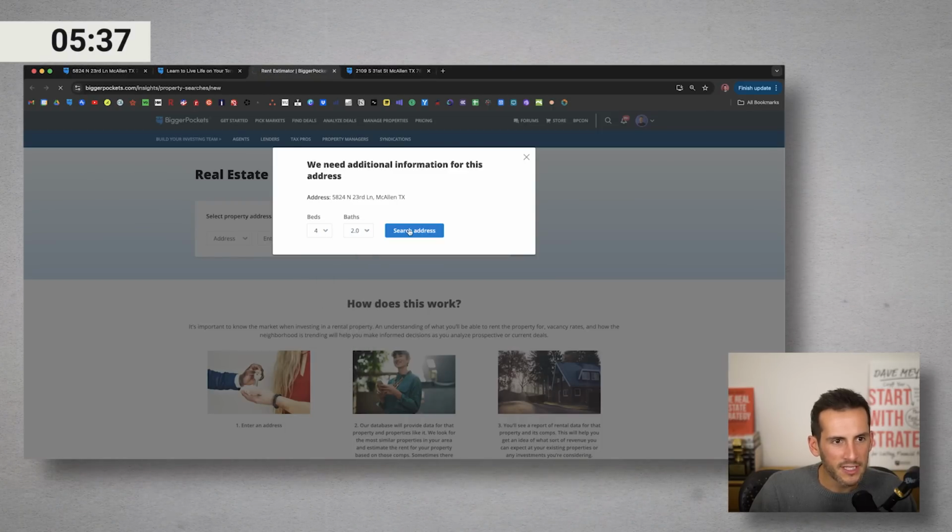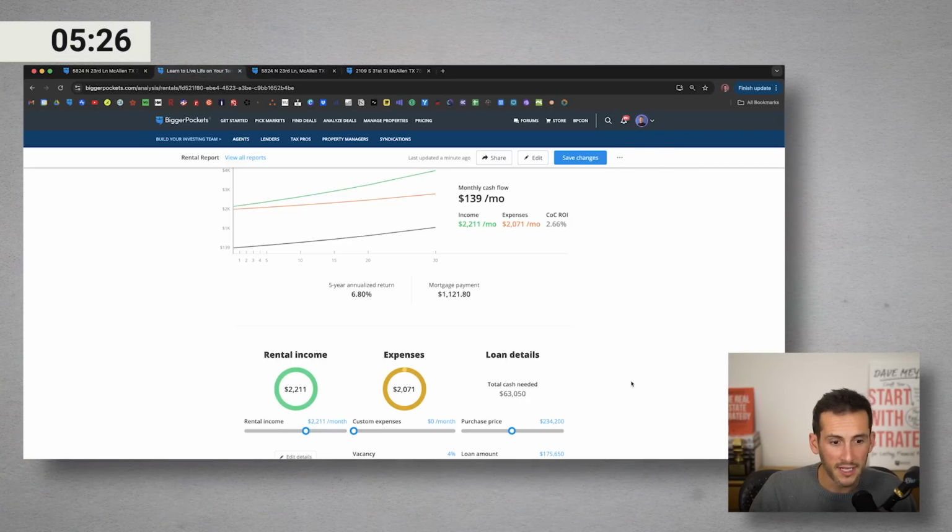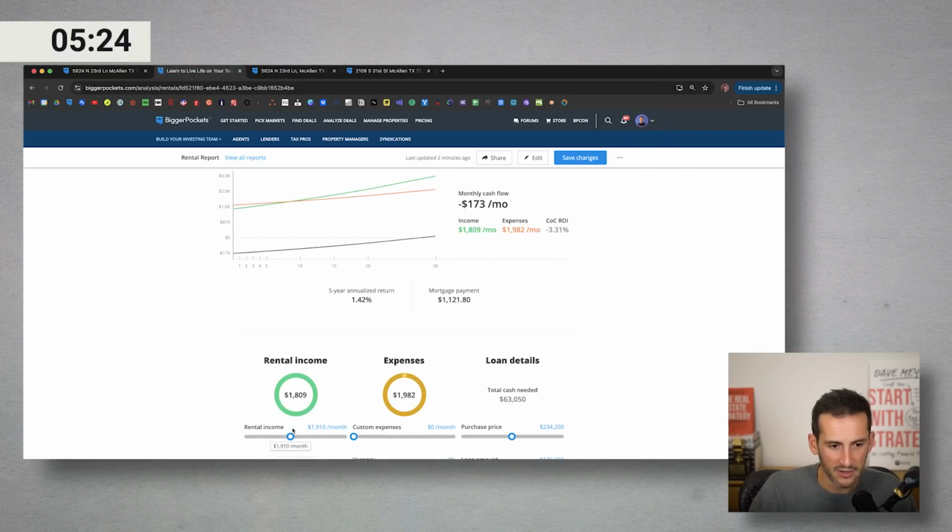So we're going to do 4.2. And the reason I'm doing this, guys, is because sometimes it gives us the average, but this was a high-end property. But what we see here is that the high end of these rental prices is about $2,100. So I'm not going to increase that anymore. I'm actually going to go back down to about